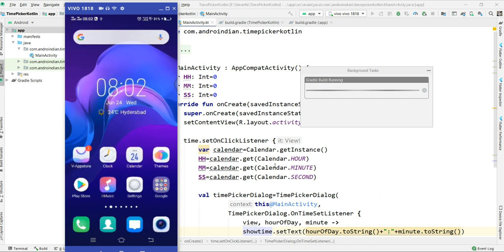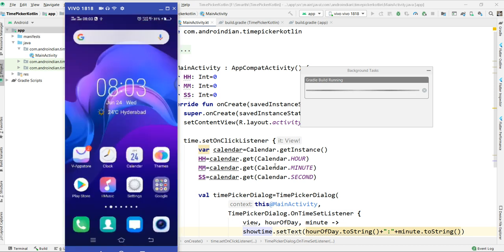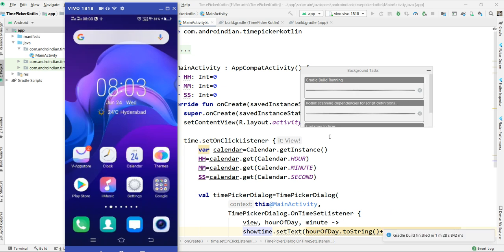Still it's running. Yeah, almost done. These date and time picker dialogs are very, very important in our regular projects.